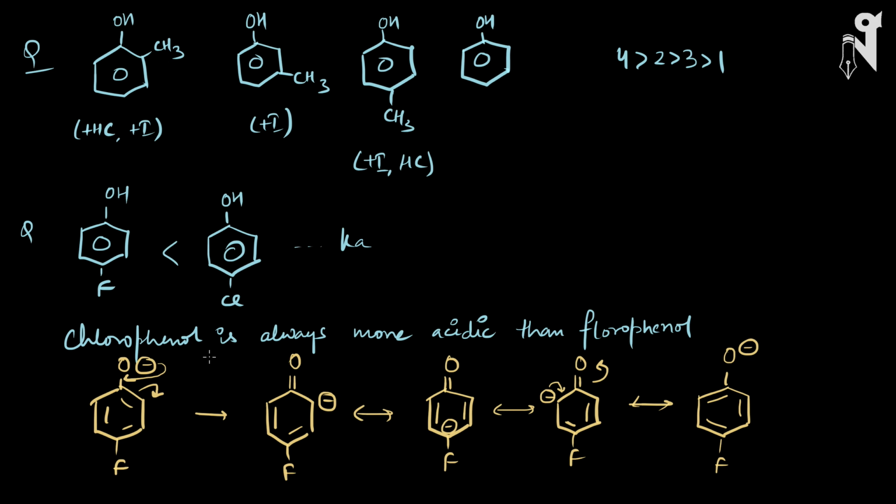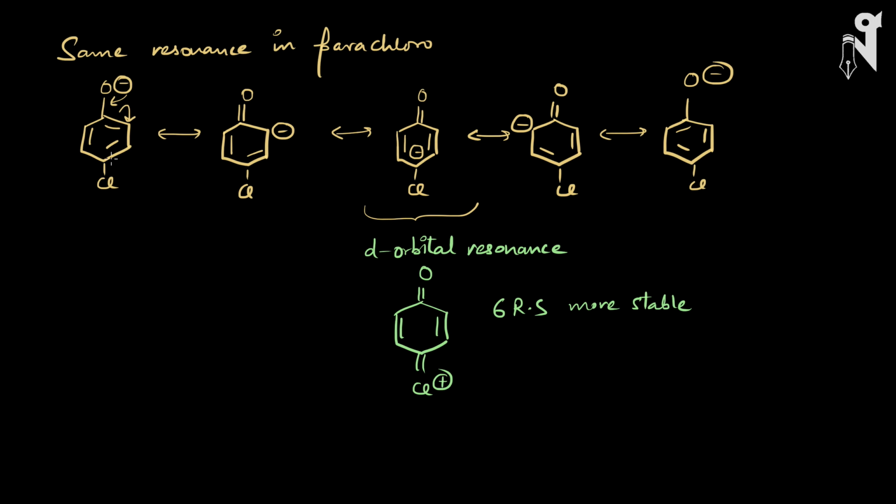Now let's talk about the case where we have chlorophenol. In chlorophenol, again chlorine will not be participating in the resonance by giving its electron density. It will be oxygen only which will be giving its negative charge to the carbon chain, and that negative charge will be getting distributed in the carbon chain. So here the mesomeric effect of chlorine is not functioning, or we are not even looking at the mesomeric effect of chlorine. We are just looking at the inductive effect, and the inductive effect of chlorine is electron withdrawing, and will definitely decrease the density of the negative charge on the overall compound.